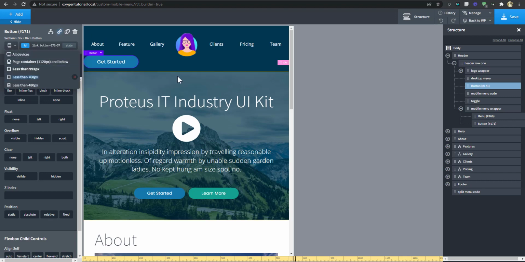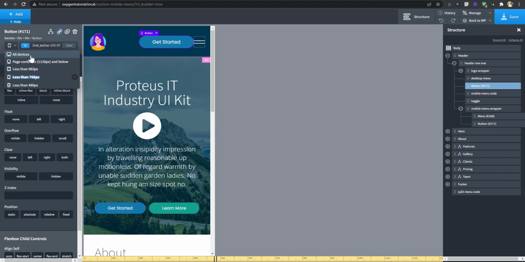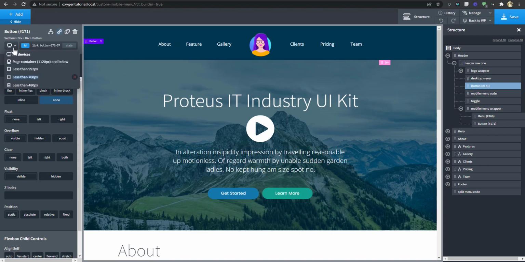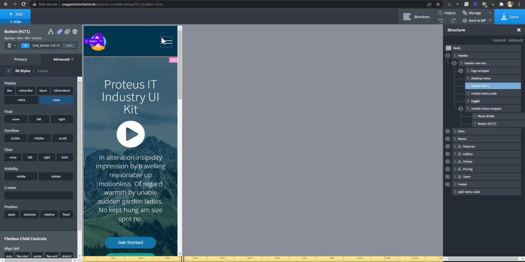Anyway, it's kind of tricky because of my setup. I think it should be display none from here, and then here it's just display block, and then here display none. I'm not quite sure if that is going to work.